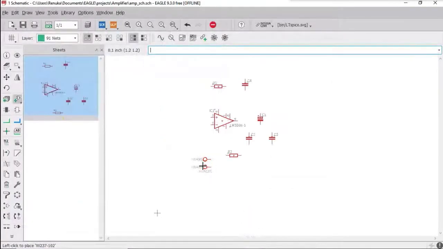You need three of these screws, one for power supply, one for input, and one for output. So make sure you add three of these in your diagram.